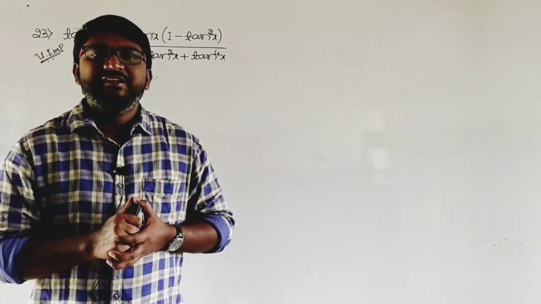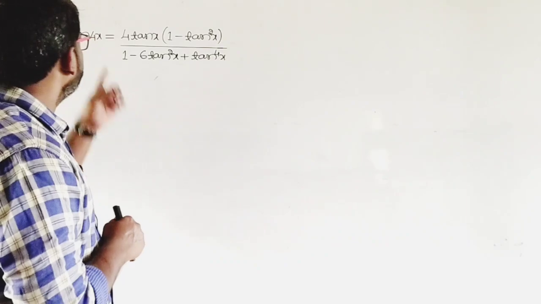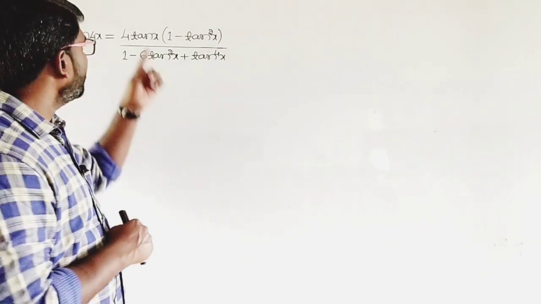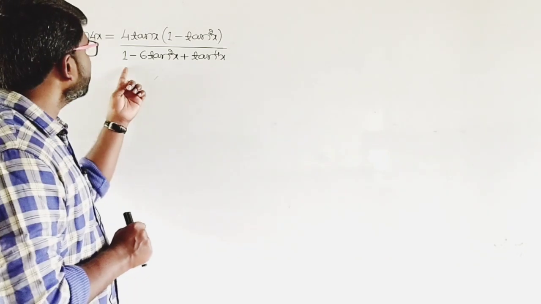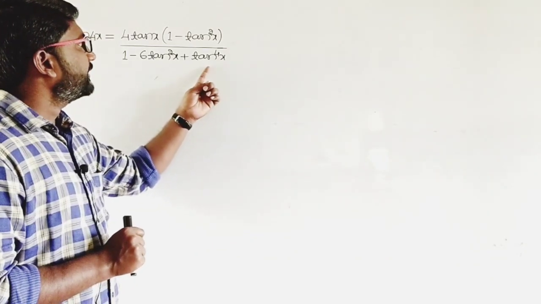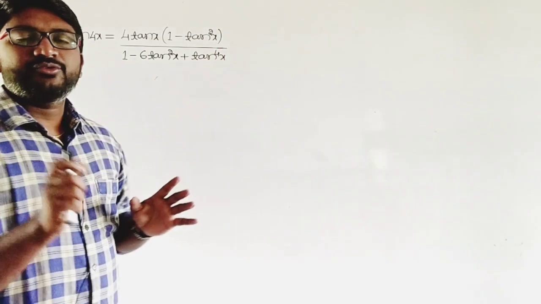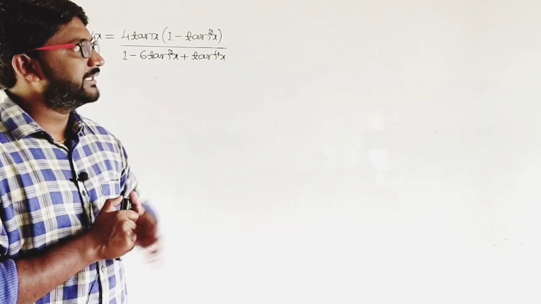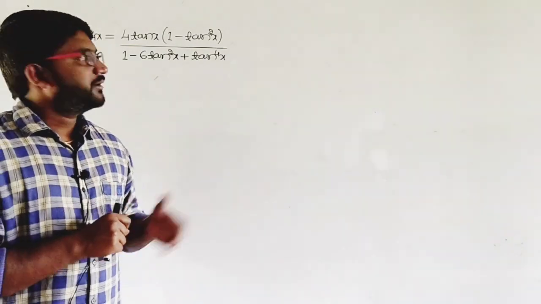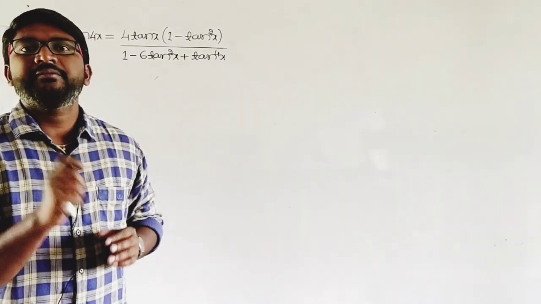Well, the next question, it is the 23rd one. Prove that tan 4x is equal to 4 tan x into the bracket 1 minus tan square x, divided by 1 minus 6 tan square x plus tan raised to 4 x. So mark this as very important for 5 marks and it is a little bit lengthy. So you need to be very good in simplification to get the final answer.